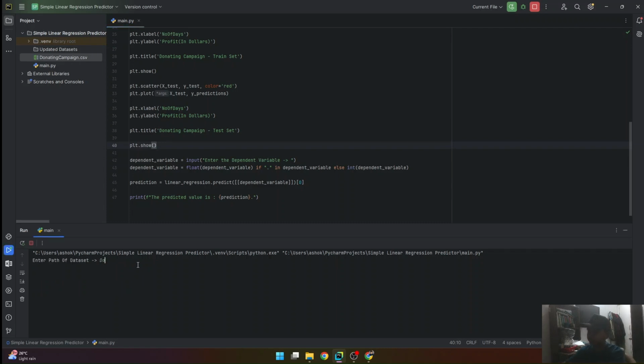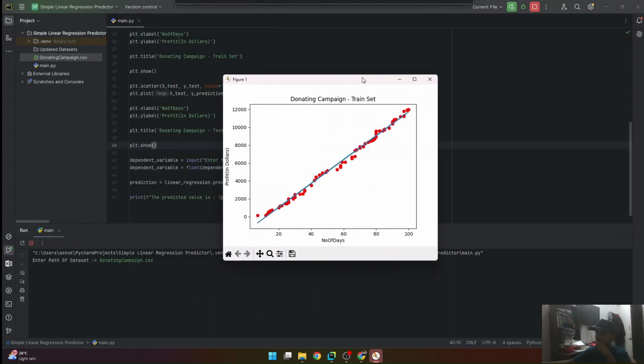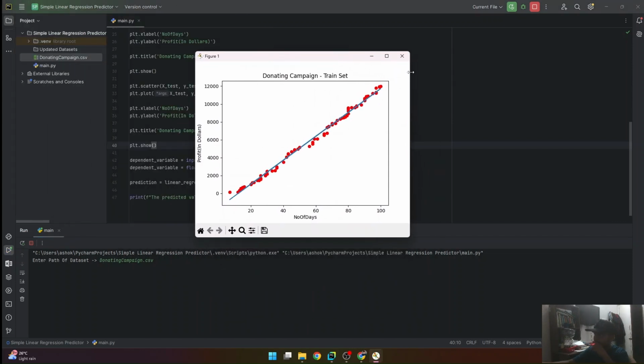We're going to enter the path of the dataset, donating campaign.csv. And as you can see, the plot is here. It's perfect. Our model looks perfect, but this is because it's going perfectly in ascending order. This is the profit in dollars, and this is the number of days.